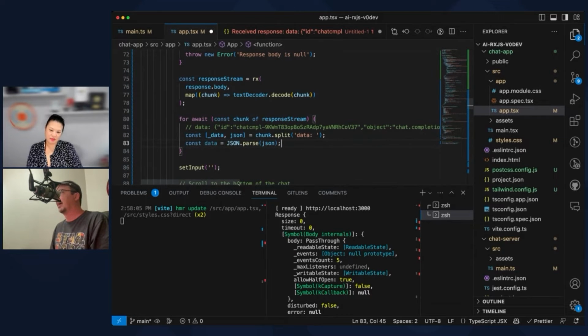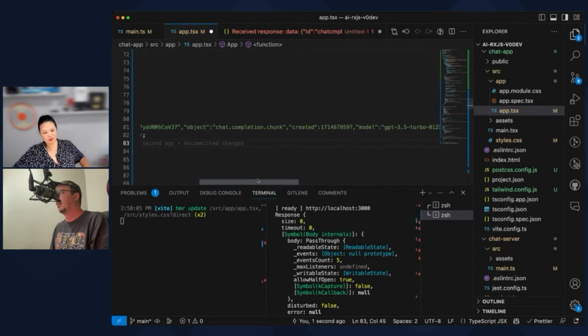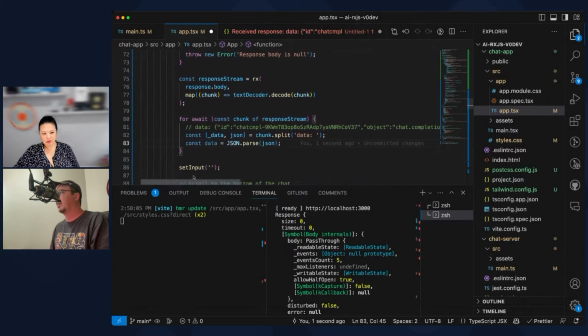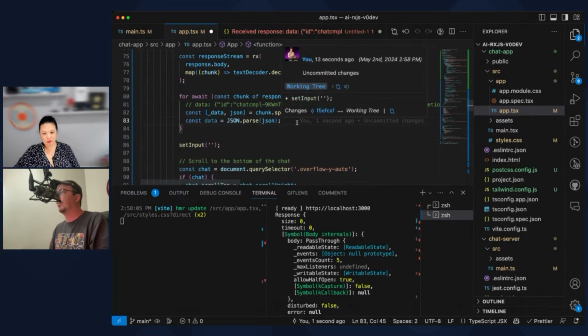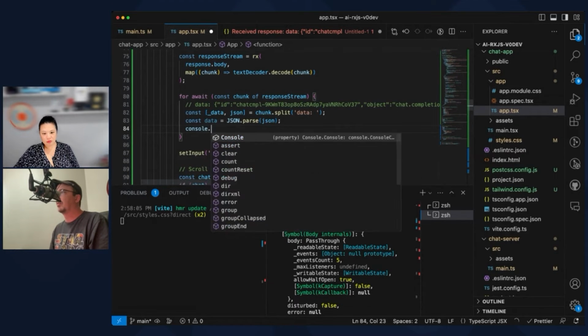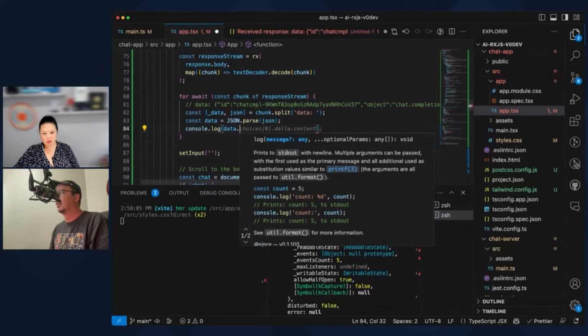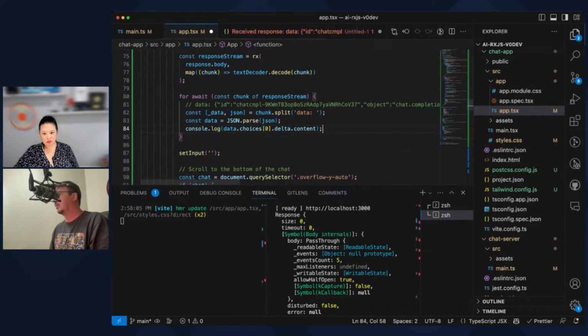And that's going to look like created, model, fingerprint, choices, and finish reason. All right. I don't know how to do all of that, but we'll just console log data choices 0 delta content. And we should see something happen in the browser when we do this now.